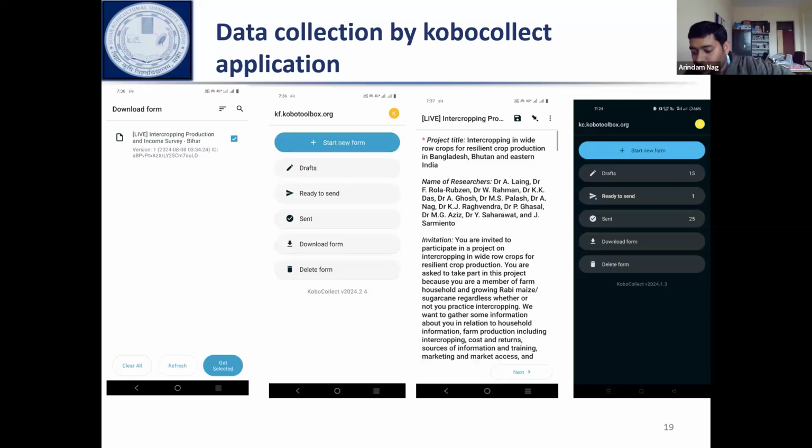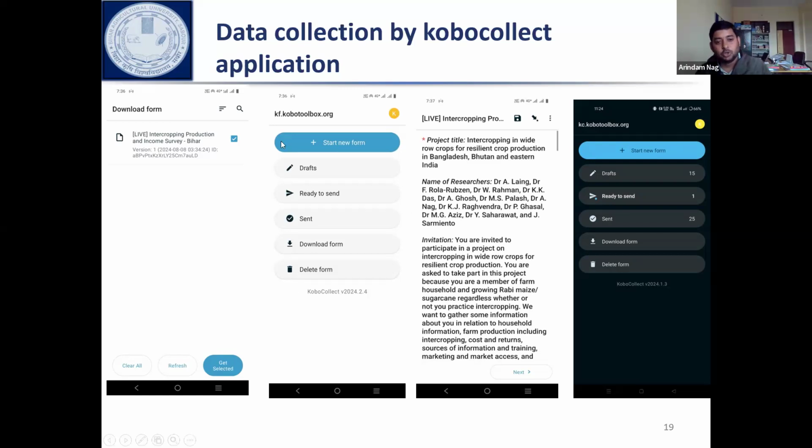तब अल्टीमेटली आपका वो फॉर्म इंस्टॉल हो जाएगा इस कोबो कलेक्ट ऐप में। फिर से वही तो पूछ रहे हैं सर कि नया फॉर्म तो बनाने की जरूरत नहीं है, वो तो डाउनलोड ही बस करना है ना। बस डाउनलोड ही करना है। डाउनलोड करके आपके पास ऑप्शन दिखाएगा कि कौन सी फॉर्म, अगर 4-5 फॉर्म है उसमें से एक फॉर्म को आपको सिलेक्ट करना है तो उसी फॉर्म को दिखाएगा और उसी फॉर्म का इंफॉर्मेशन कलेक्ट करना है।